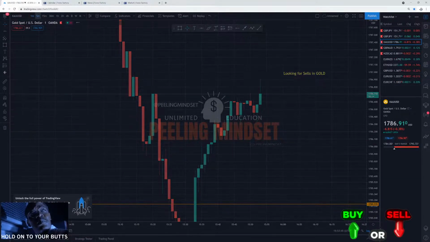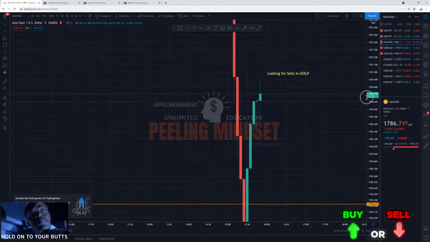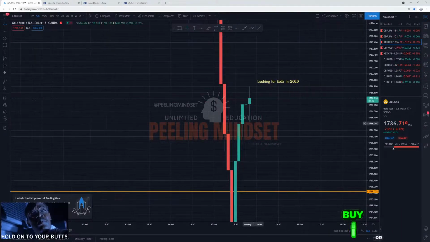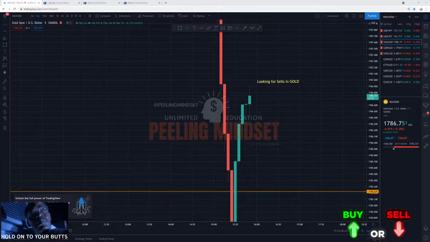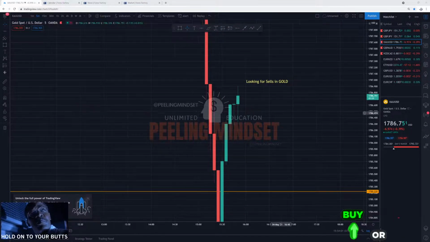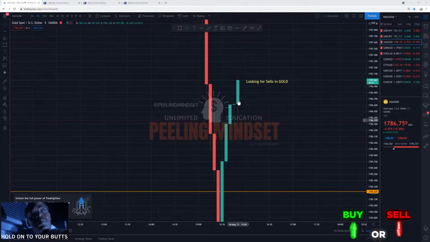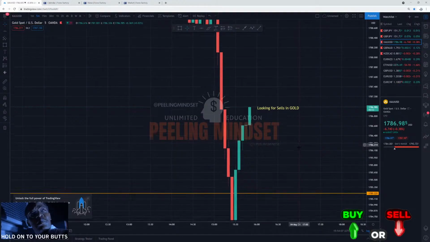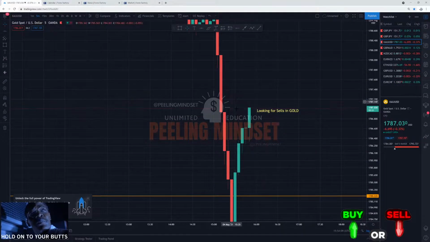Okay, let's just wait for another minute and we will see. So here's another thing: why shouldn't we rush into any sort of trade? We shouldn't rush into any trade because look at this, it's moving up. If the final goal for gold is to move down, it's actually going to move up first,